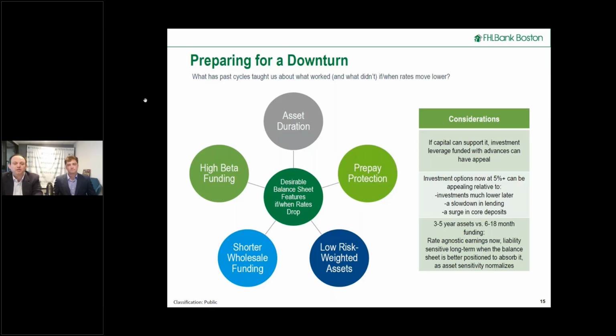Maybe prepays aren't going to come back in huge waves just because it's going to take a heck of a lot more than just 100, 200 basis points of decline in rates to see material prepayment speeds in a lot of those 3% mortgages. But that's the beauty of fixed income and the yield curve, is that things naturally get less risky over time. Think about if you added